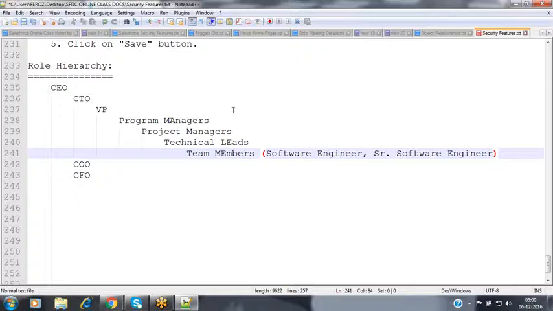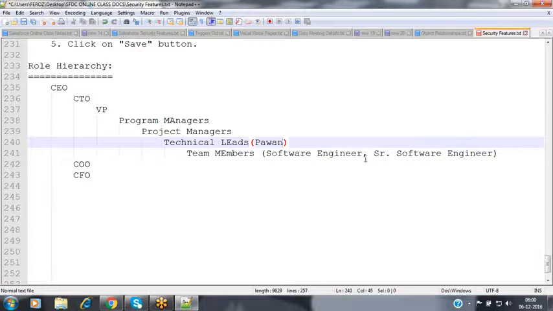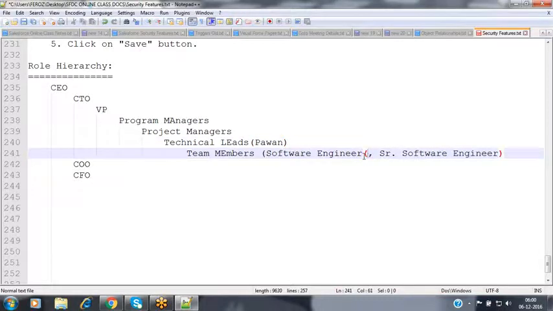Suppose, for example, assume that I'm a software engineer reporting to a manager, that is my technical lead. Assume that Pawan is my technical lead, and I'm the software engineer, Ramesh.